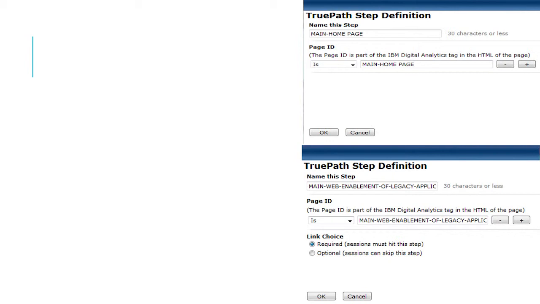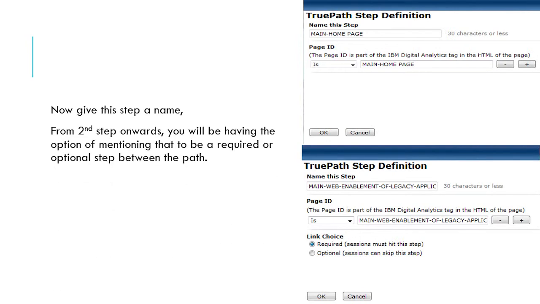The plugin provides a simple wizard which can easily guide you through the process, giving you choices at every step for required steps or optional steps. You'll find that you just have to enter a name for this step. This step name is usually the name given to a page rather than the actual page name. So in the second step,